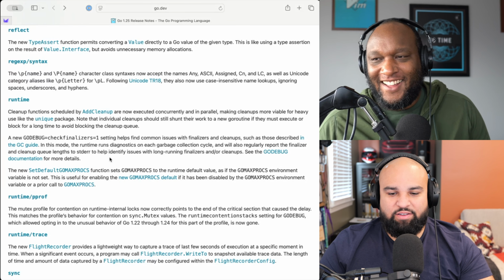Speaking of interesting changes that feel kind of major, there are testing new methods t.Attr, b.Attr, and f.Attr, and an attribute to the test log. Thank God. I feel like this is going to be very useful. Thank God. Yeah, this is another one of those where I would not have found this had I not been reading these release notes. So you should have made more noise about it, because I'm used to doing t.Log